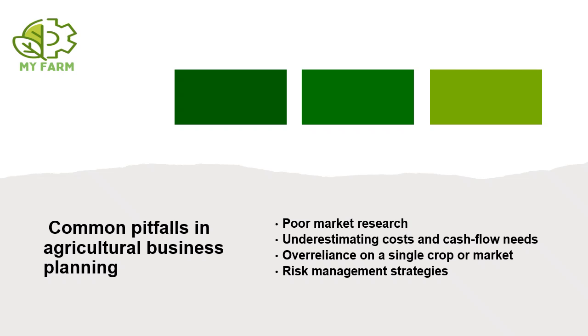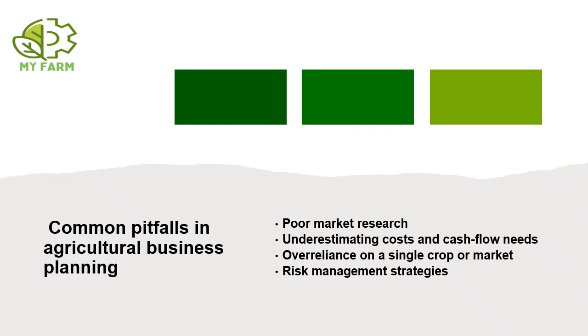Ignoring risks leaves the business unprepared for natural disasters or market disruptions. Finally, farmers may overlook technology and data, missing opportunities to improve efficiency and productivity. In modern agribusiness, failing to innovate can reduce competitiveness. Avoiding these pitfalls through careful planning, regular monitoring, and adaptability is essential for building a stable and